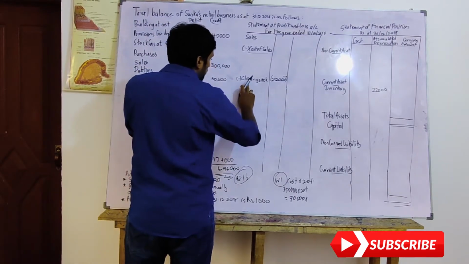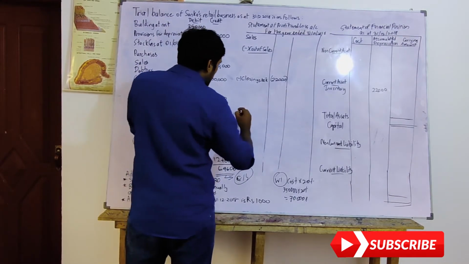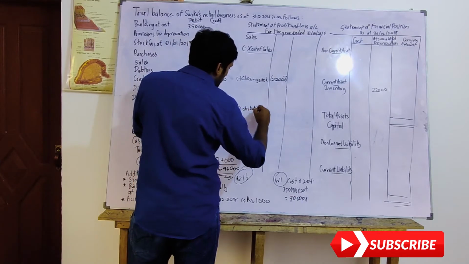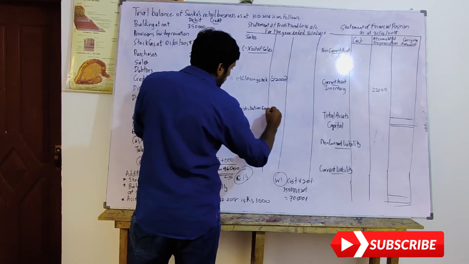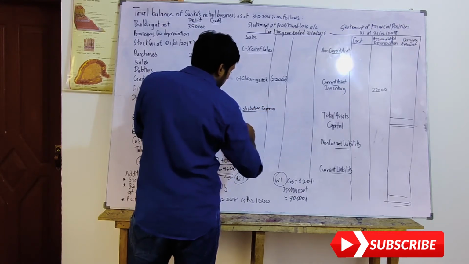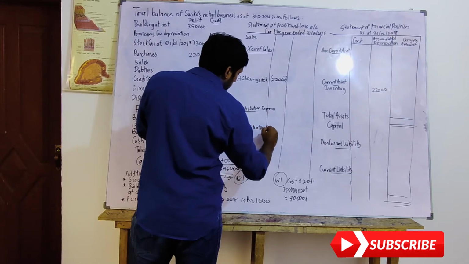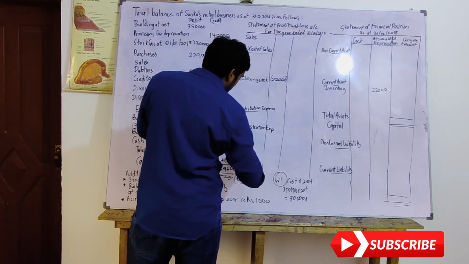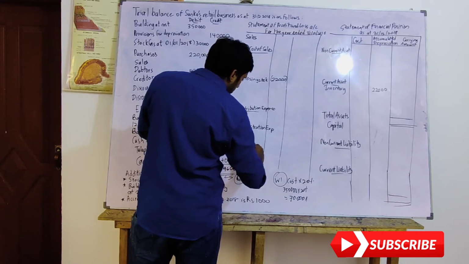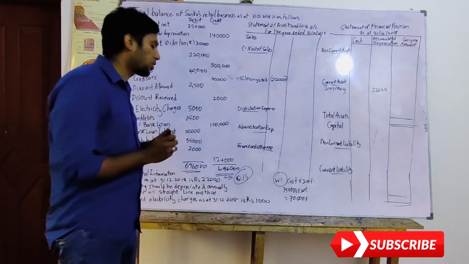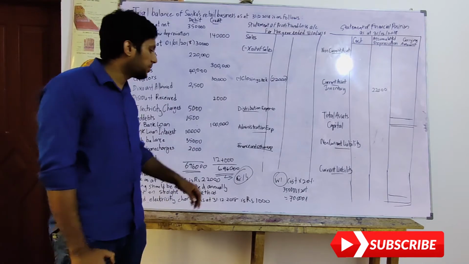I'll leave some spaces for gross profit, leave some spaces for other income, and I'll write here expense. I'll start with distribution expense. Then I'll leave 2 lines, more than enough for me. Then I'll write administration expense. Then finally finance and other expense. Okay, so making it short and sweet, let's move on to the sum very fast.